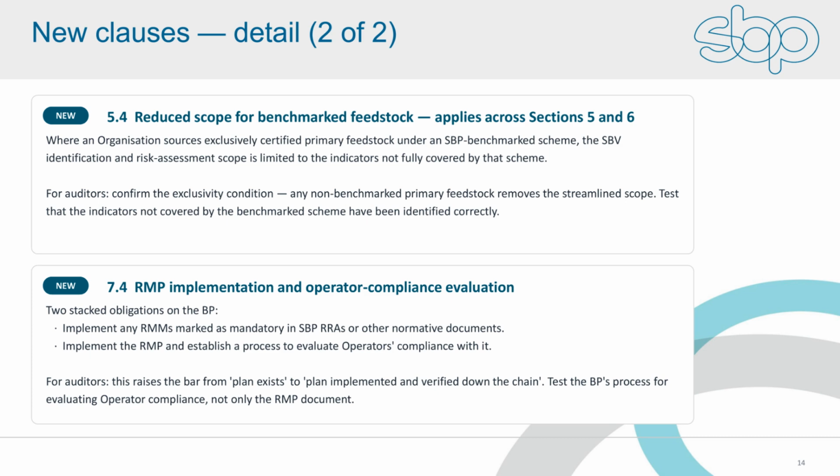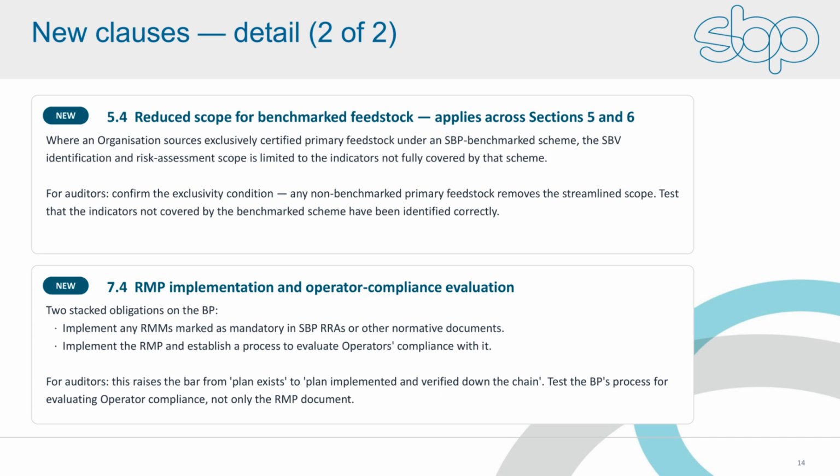The remaining 2 new clauses. 5.4 introduces a reduced scope for benchmarked feedstock, where an organization sources exclusively certified primary feedstock under an SBP benchmark scheme. The SBV identification and risk assessment scope is limited to the indicators not fully covered by that scheme. For auditors, confirm the exclusivity condition. Any non-benchmark primary feedstock removes the streamlined scope, and test that the indicators not covered by the benchmarked scheme have